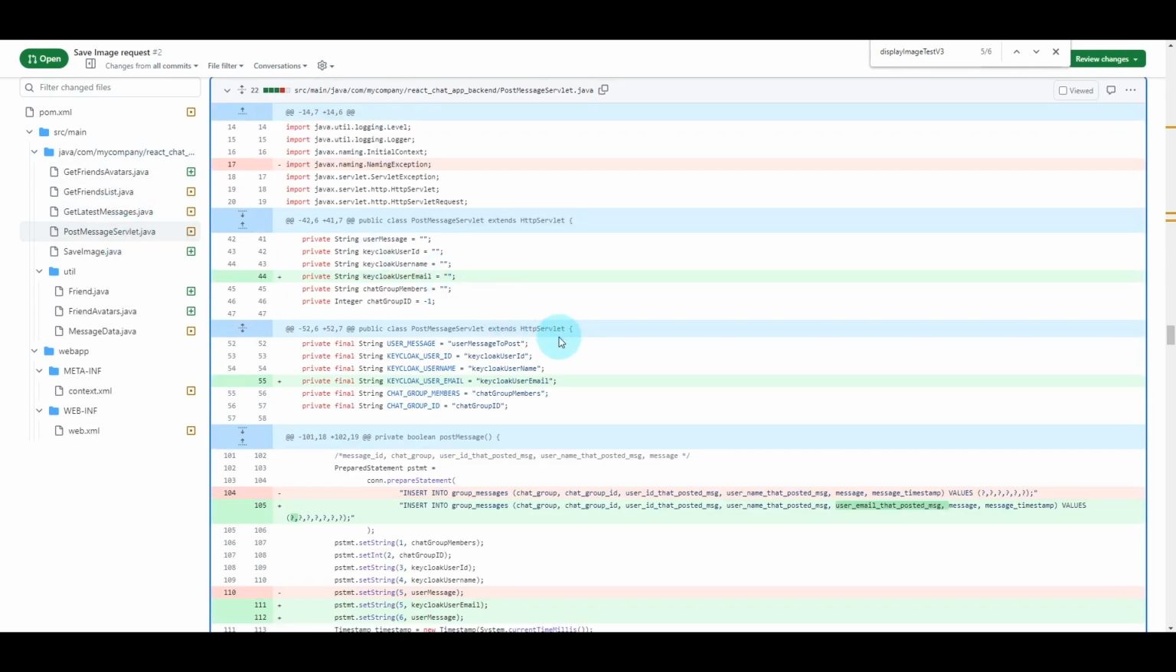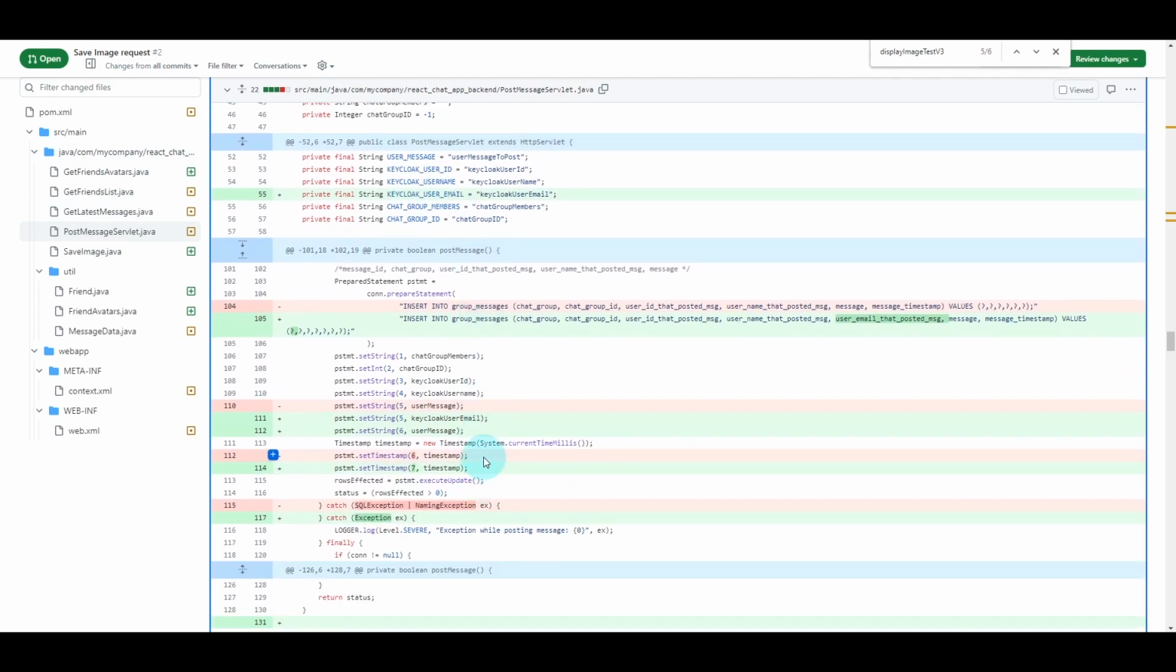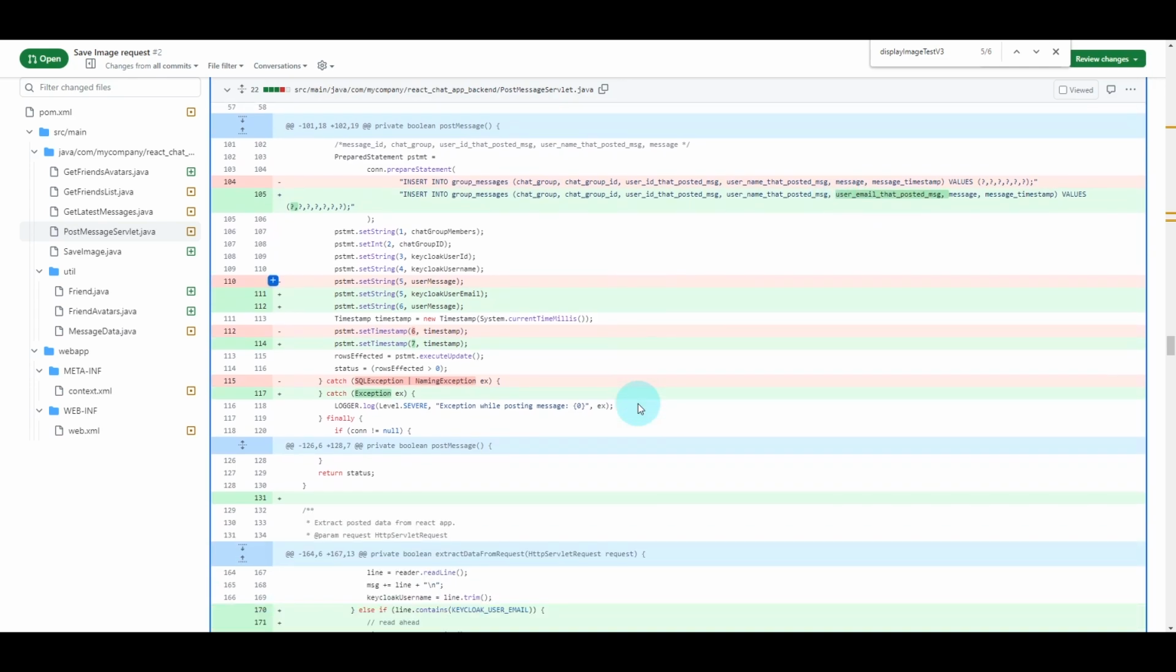See, post message servlet, it looks like I did add another field, Keycloak user email. And you can see here that I am adding another thing to input into the group messages, and it's going to include the email of the user that posted the message. So, okay,